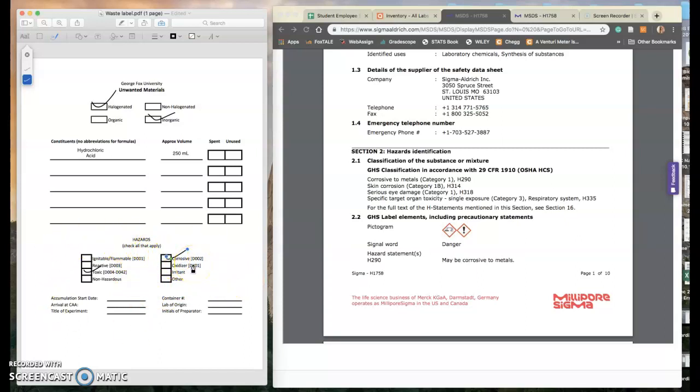It'll be different for all chemicals. Some chemicals will say they don't have any hazards, and for that you would just use this section here that says non-hazardous. But just be sure that whatever is listed on here is getting checked off properly over here. Down at the bottom, the accumulation start date isn't something that you need to fill out. The person who's in control of waste will fill that out, as well as the arrival at the facility and the container number. The only thing that you really need to fill out is lab of origin, your initials, and then the